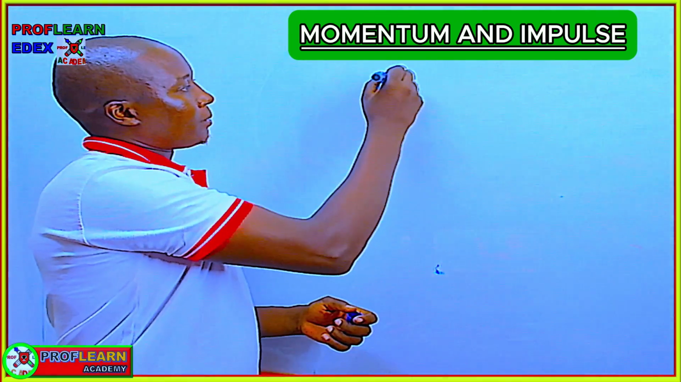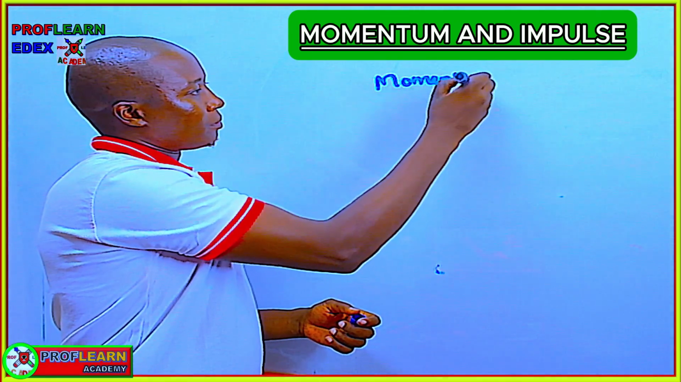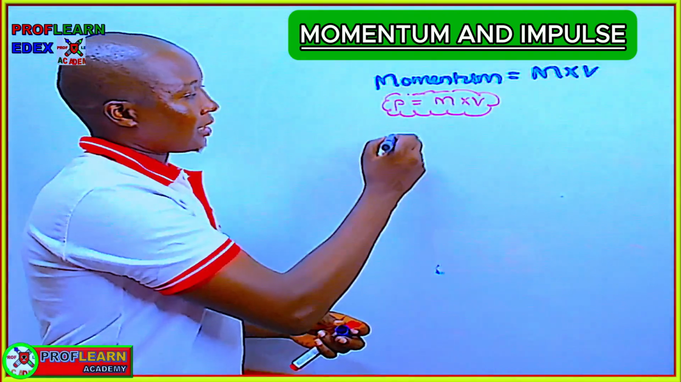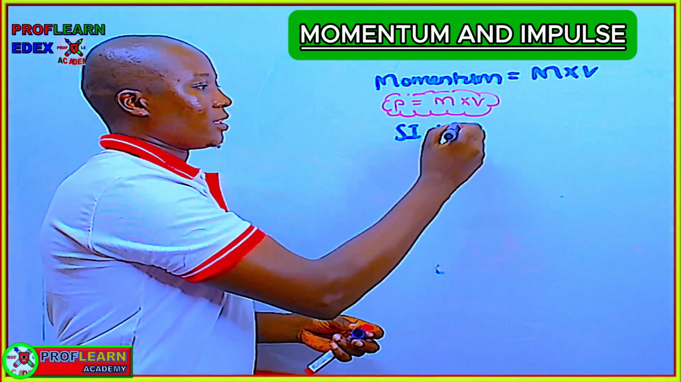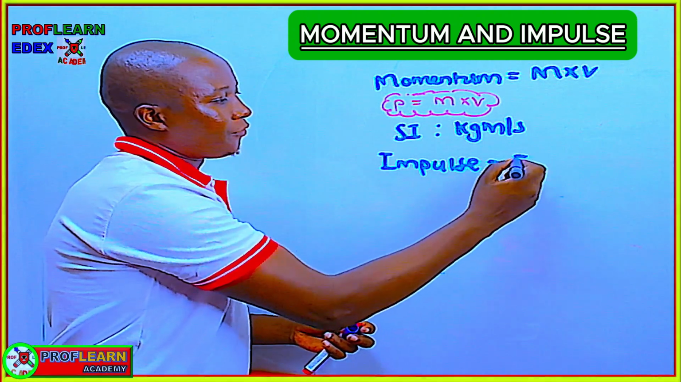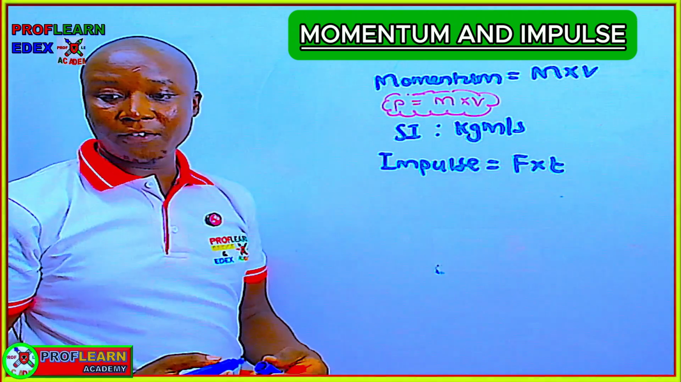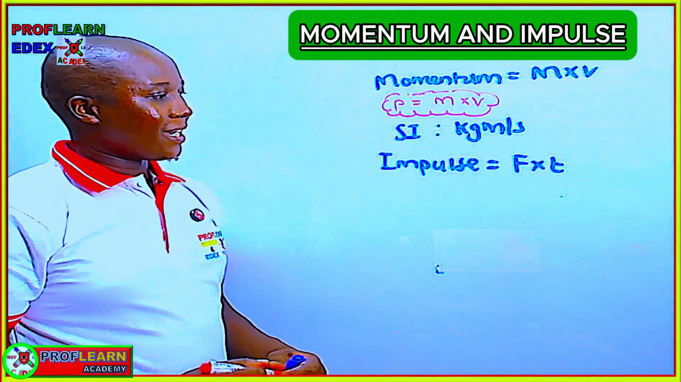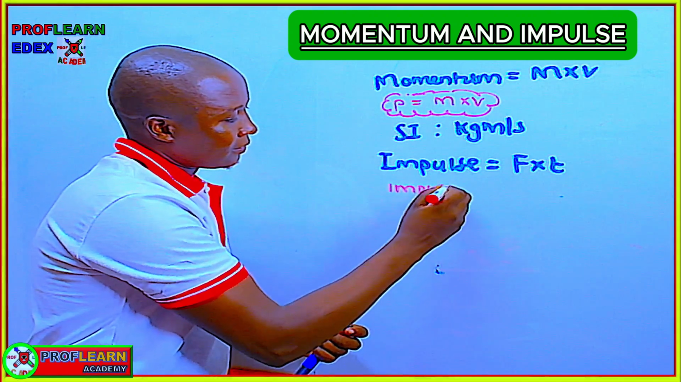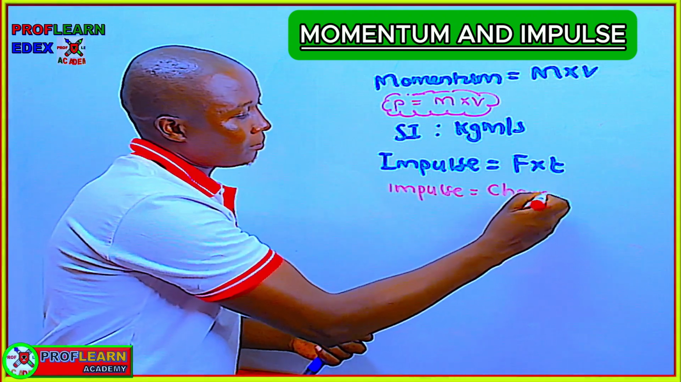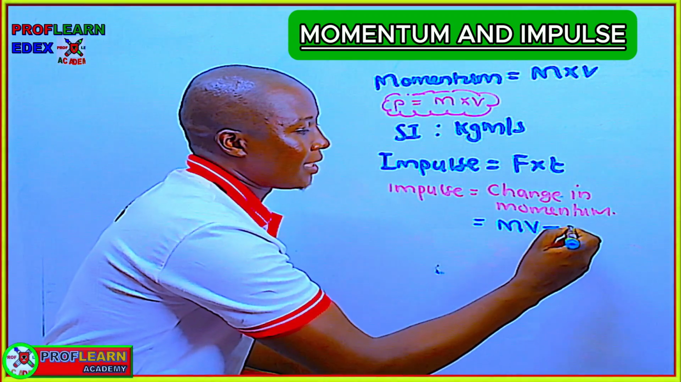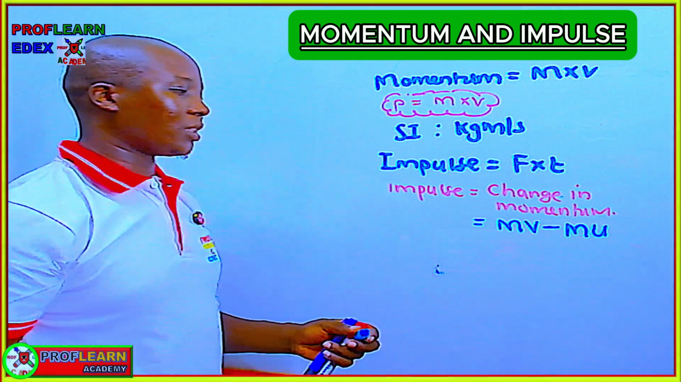Momentum is given by the formula mass times velocity. The SI unit for this is kilogram meter per second. Impulse is given as force times time. Impulse can be defined as the product of force and time. And also we can say impulse is equal to change in momentum, which is given by mass times final velocity minus mass times initial velocity,